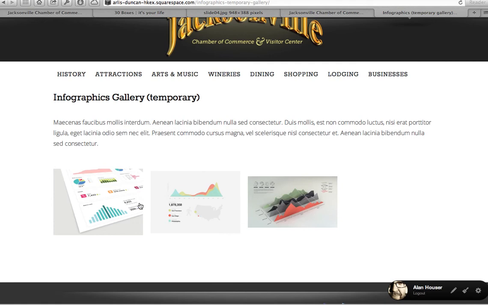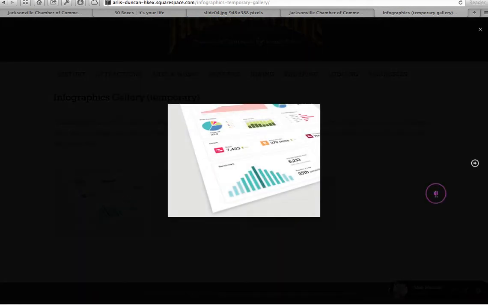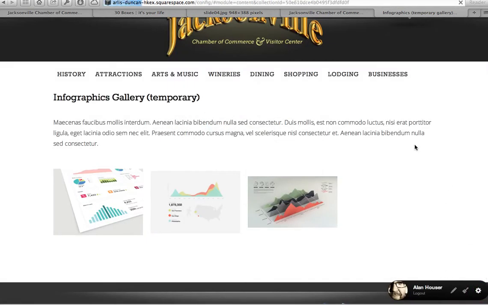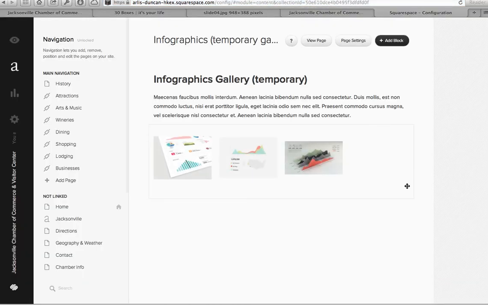And there's our images there. You know, they're going to open up in a light box. And so I'll just go back to the edit portion of that. All right, so